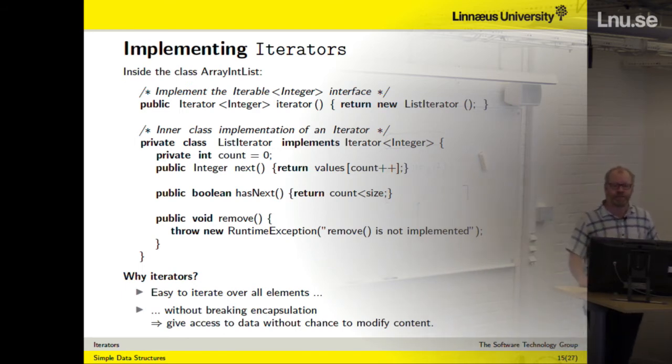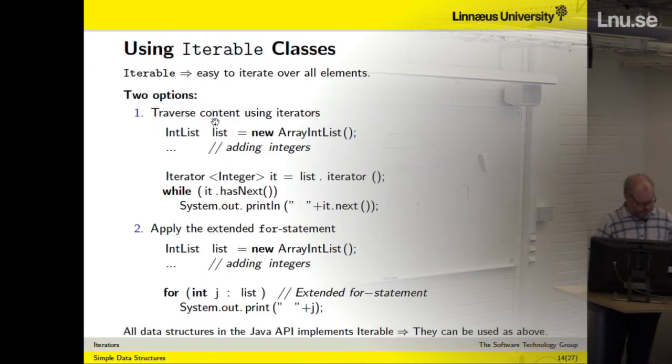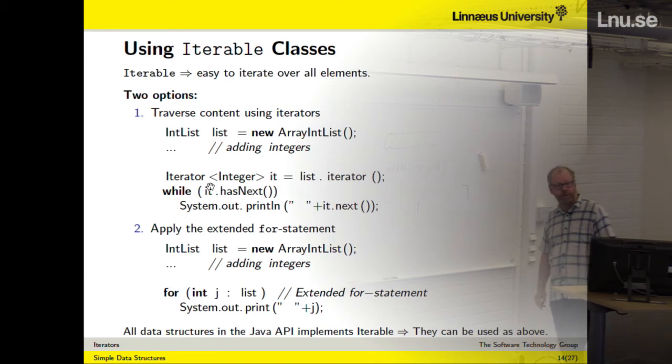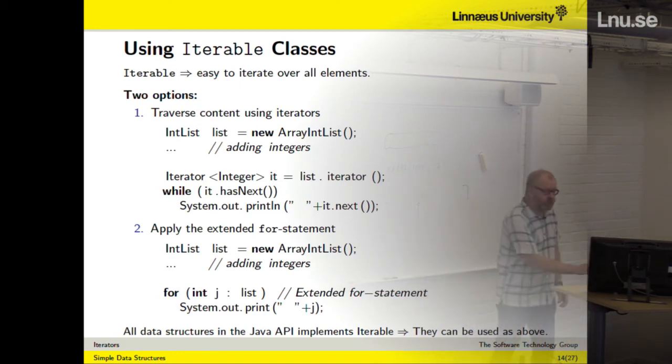Did you understand it? So this is how you implement the iterable interface. You must have a method like this, and you must create an object that works like this. The advantage is, of course, that we are then giving these two properties. We can iterate over all the elements using